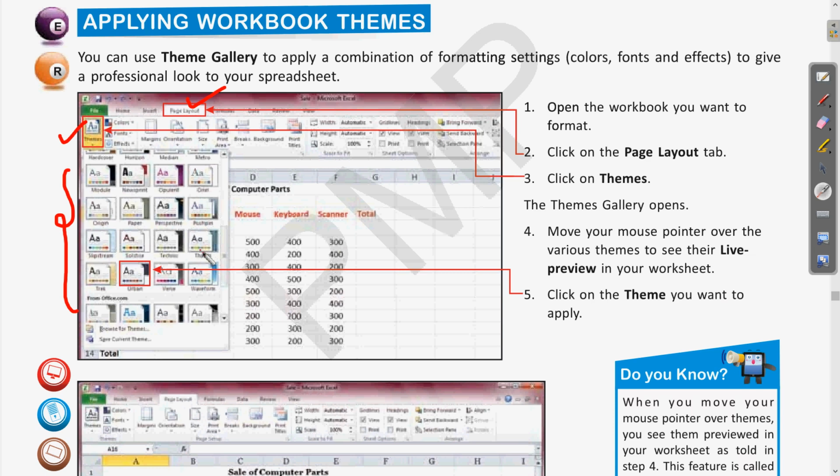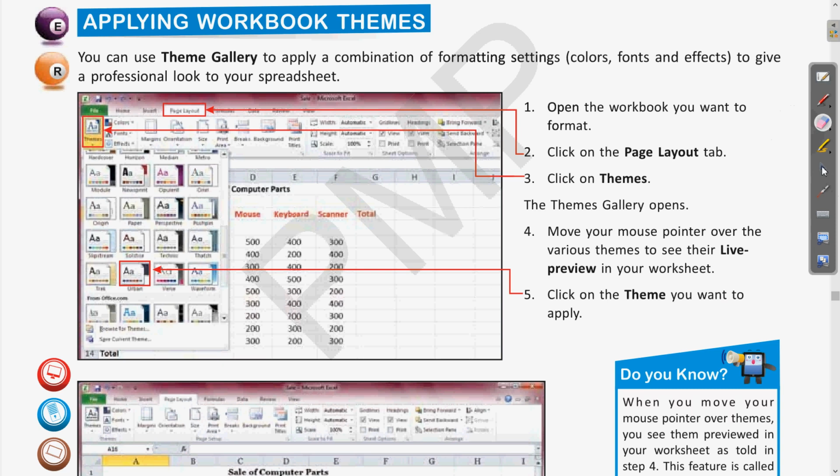So before clicking and applying this, we can see the effect of that only by moving the cursor over these themes. Clear? So this feature of appearance of the theme when we are moving the mouse pointer, this is called live preview. Clear? So live preview, here the term is also there, so you can relate with this. Now when we have seen the live preview, whatever theme you want to apply, we will click on this and the same theme will be applied. Clear? Now let us see this practically.